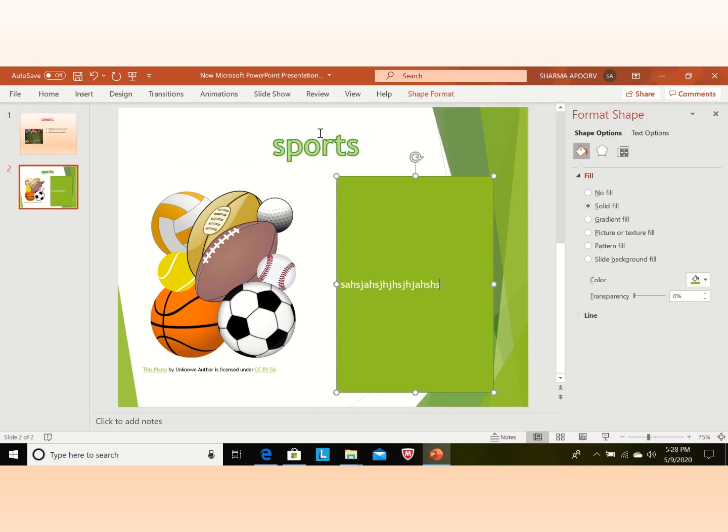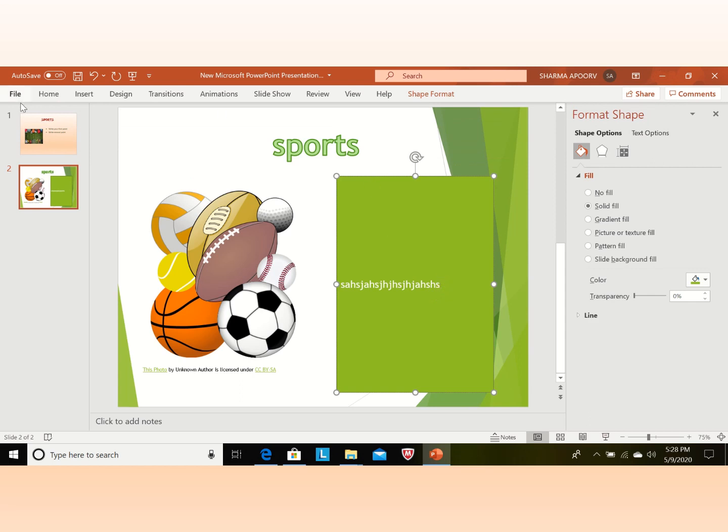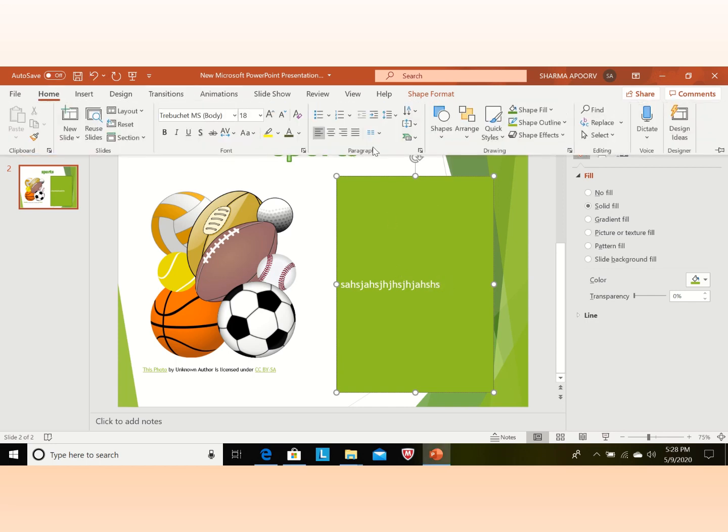You can align your text to center, left, right. You can write, and okay, we can write our text like this, and we have many options to align our text.